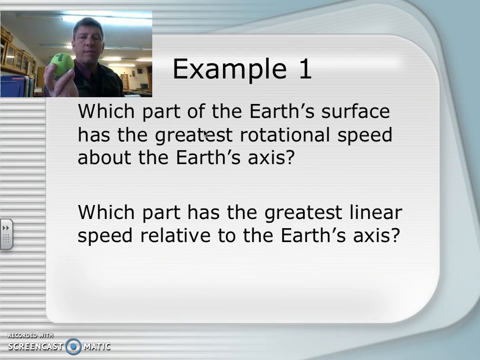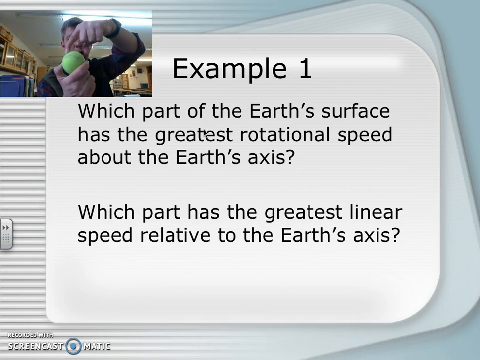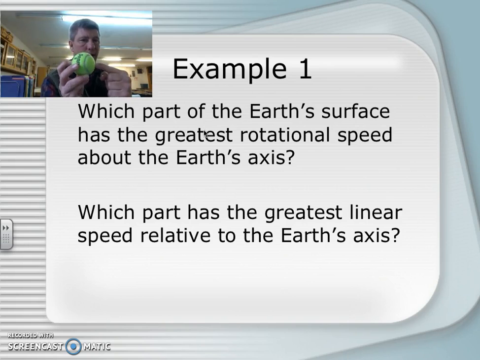However, in terms of tangential speed or linear speed, the second part of the question, the answer is different. The part down here is moving faster than the part up here, because this part is spinning in a smaller diameter than this part down here. It's spinning at a much greater distance from the center of the Earth. So if we look at the two questions again, which part of the Earth's surface has the greatest rotational speed about the Earth's axis? The answer is neither. All of them have the same rotational speed,